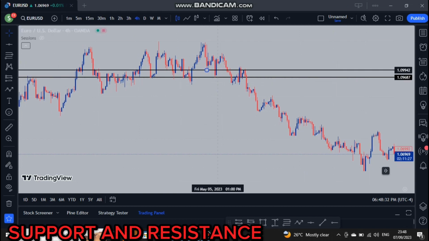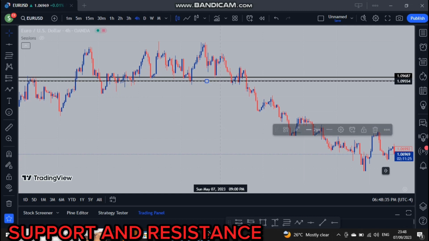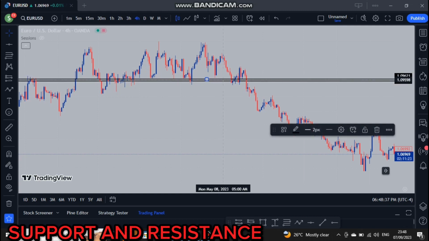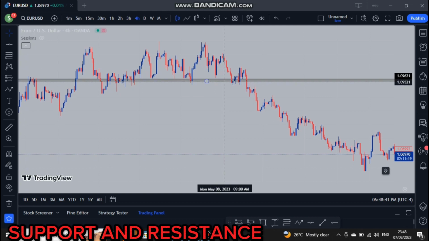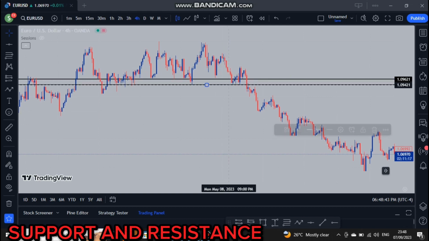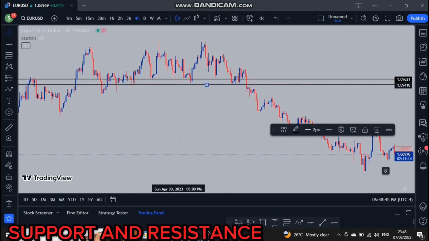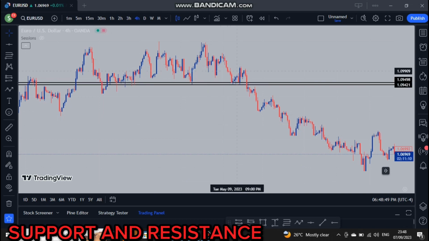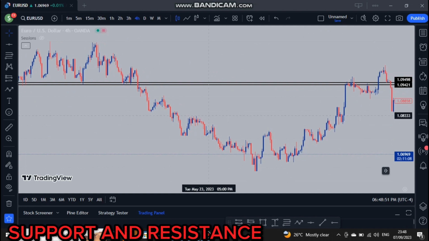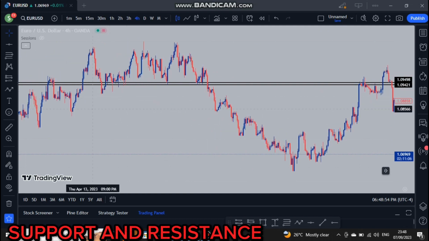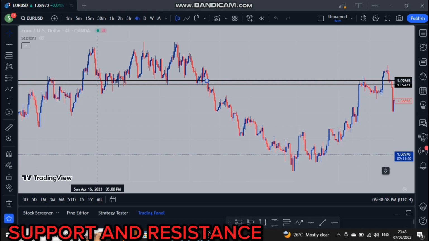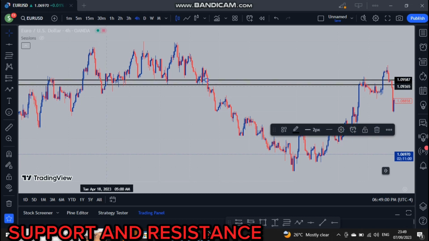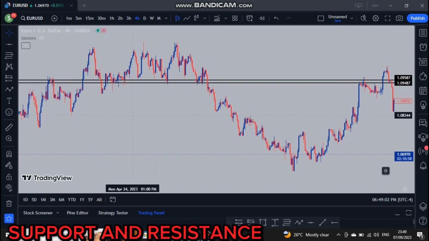Okay, you can see that rejection. This is a very nice support at this point. So we have this. We already have this now. And what is the next one? Okay. Let's try to adjust it and make it as tight as possible. You can see rejection. It broke through it, retested, still came all the way to the downside. So now